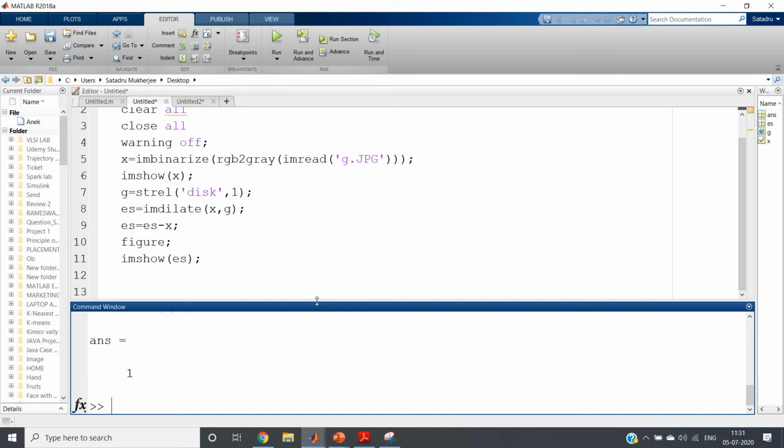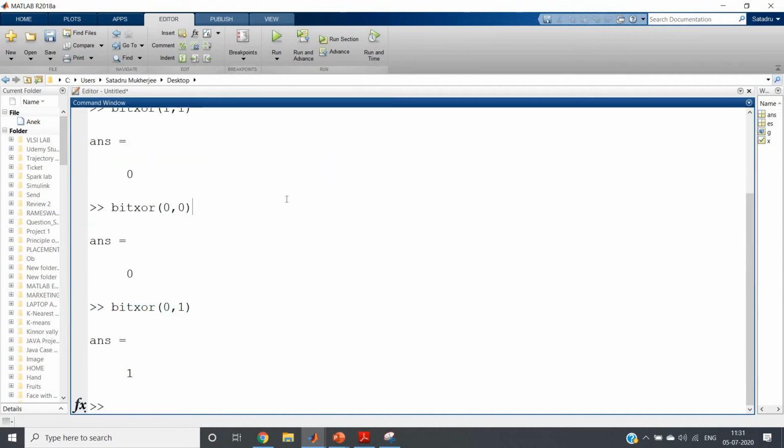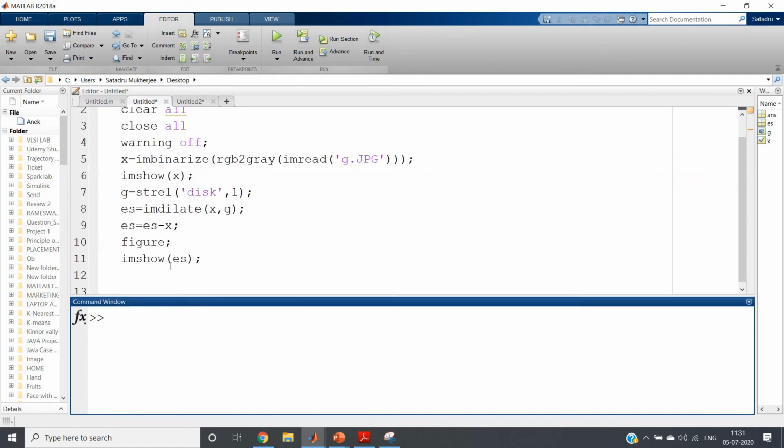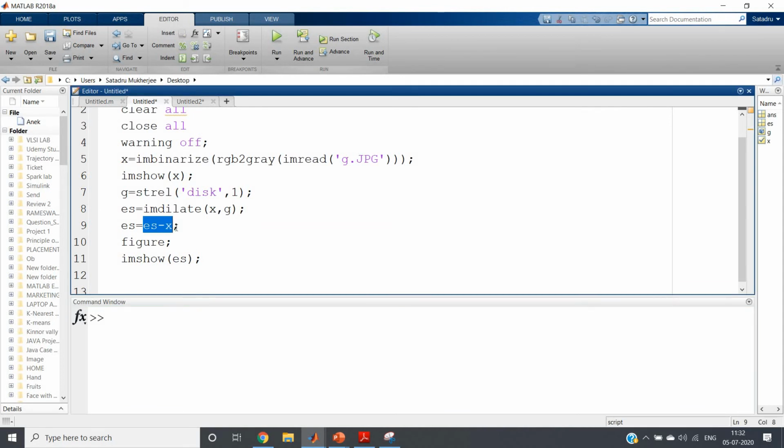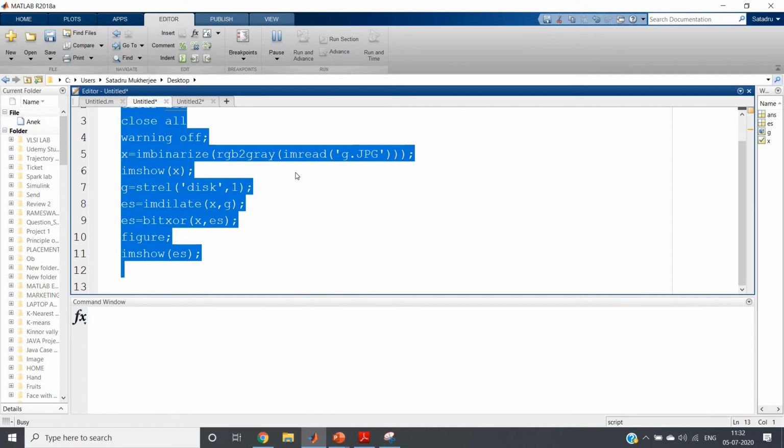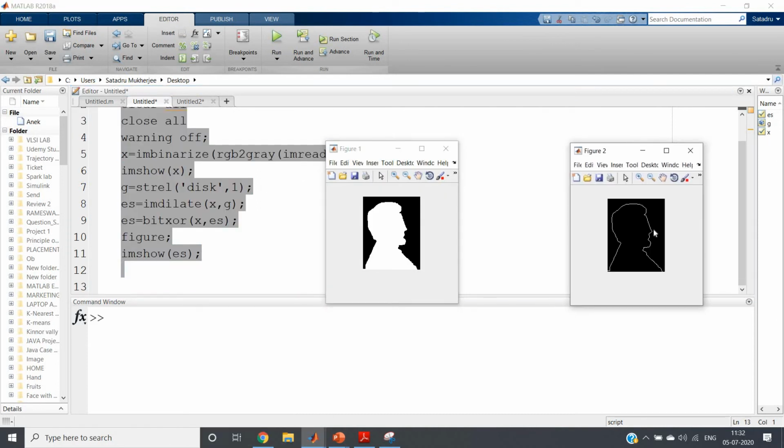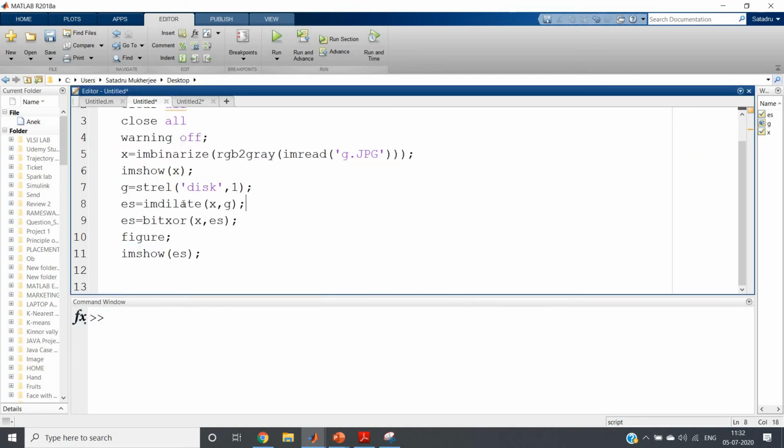That is perfect subtraction or absolute difference we are getting using bitxor itself, which I discussed while discussing the logical operation in images. So why not use that instead of changing the expression again and again? In case of dilation one thing, in case of erosion another thing, let us make it general. So instead of writing like this, you can give like this. This is more general code. Let us check. If I perform evaluate selection, in case of dilation, we are clearly getting the boundary extracted form. Same thing, instead of imdilate, I will use imerode.